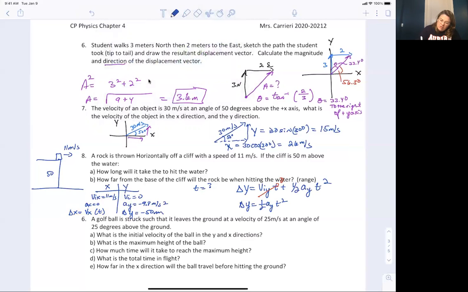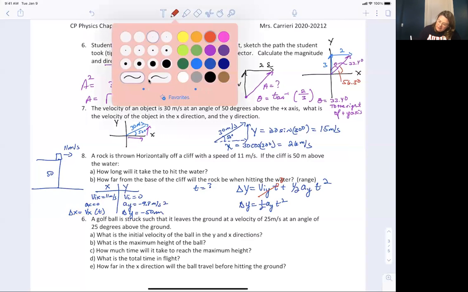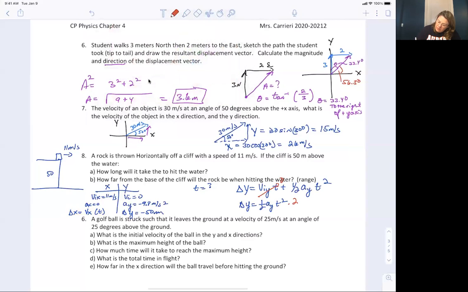We're going to rearrange all that algebraically. We're going to multiply both sides by 2 to get rid of the half. We're going to divide by a in the Y to get rid of the a in the Y. And then we're going to take the square root of both sides. All of that will result in t equals the square root of 2 times delta Y over a in the Y. And if we plug in all our values, we find t to be equal to